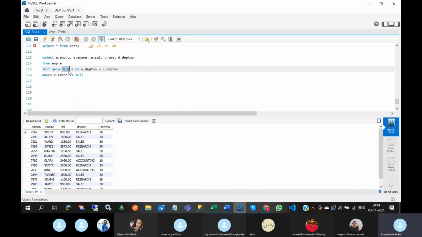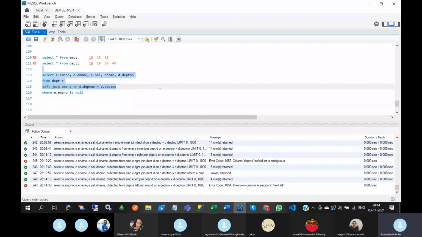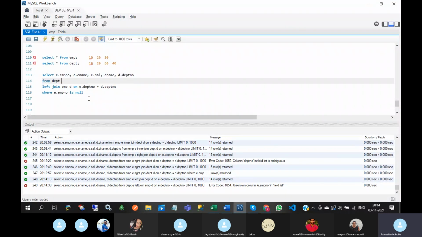For better understanding, I am exchanging the employee and department tables. Here I am taking the department table first, as the left table, and the employee table on the right. Now you can check. Unknown column. Alias names I didn't change.